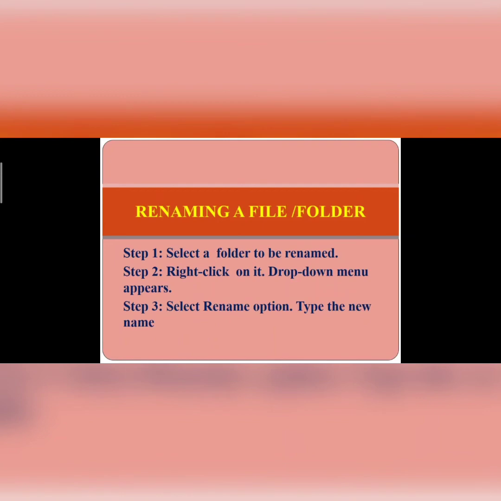By using 3 steps you can rename your folder. Step 1, select the folder or file which is to be renamed. Right click on top of the folder, and a drop down menu will appear. From that menu, select rename option. If you click on the rename option, automatically you can see a blue color around the name of the folder. Now you can type the new name for your folder. Let me show how you can do it in the computer.